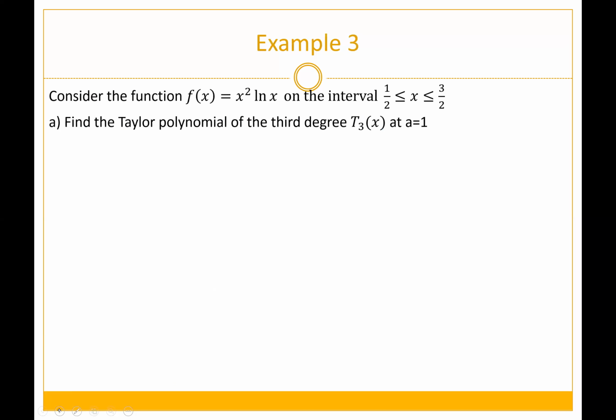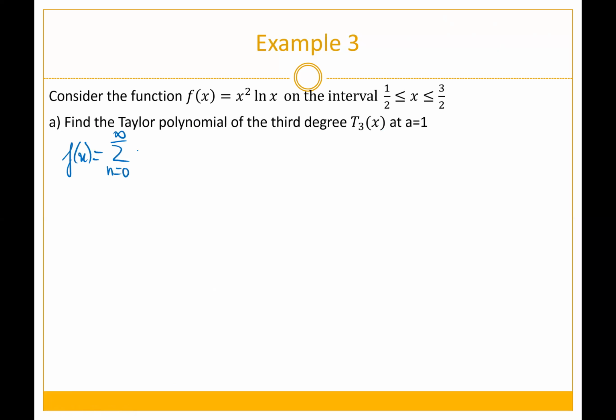Now we go to the last example, example 3. Consider the function f(x) equals x squared ln of x on an interval of 1/2 to 3/2. Find the Taylor polynomial of the third degree, T3(x), at a equals 1. Now, basically you have f(x) be the Taylor series, n equals 0 to infinity,